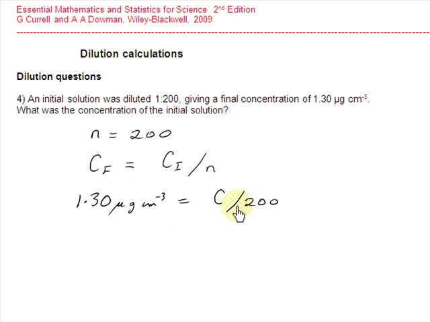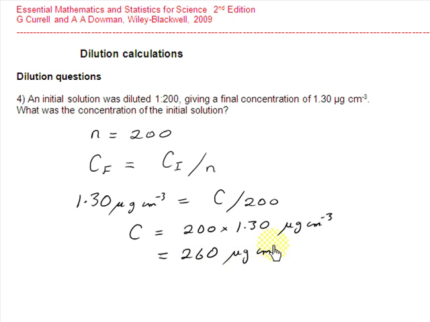So rearranging this equation, C will then equal 200. It is dividing C on one side and it becomes a multiplier on the other side. So it's 200 multiplied by 1.30 micrograms per centimeter cubed. And this will give a value of 260